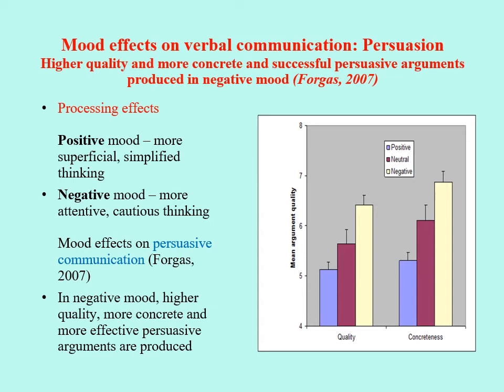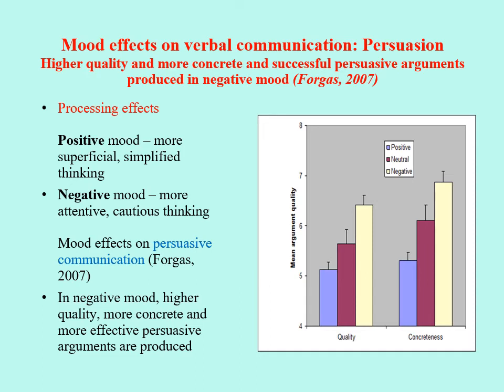Several experiments and studies show that positive and negative mood has a differential effect on people's information processing style. In a positive mood, people tend to think in a quick, superficial, simplified way. People in a negative mood, on the other hand, tend to think in a more cautious, attentive, and systematic way. So we might examine the interesting possibility that people in a positive or a negative mood will produce significantly different